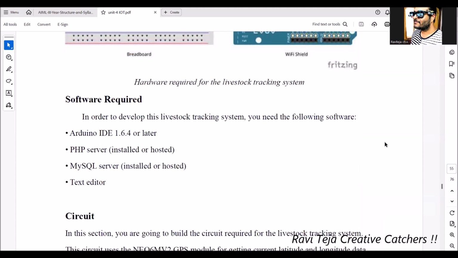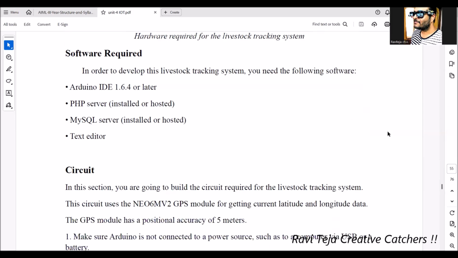Coming to the software requirements, in order to write the code for the Arduino Uno, we need at least a basic version of Arduino IDE, version 1.6.4, and we need a PHP server to show the data of that particular server in the web application. So we need the PHP server to be installed, and we need a database where all the GPS data will be stored from time to time, and if necessary we need a text editor as well. And coming to the circuit diagram,